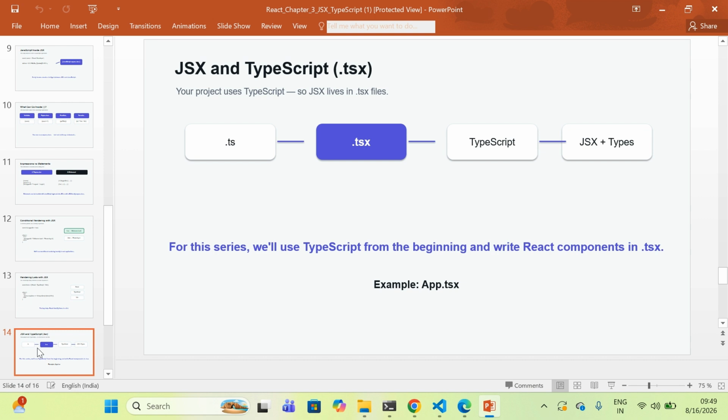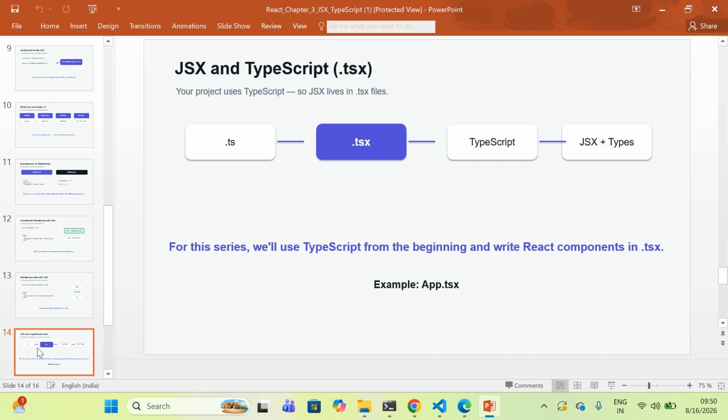We are not building a plain JavaScript React application. We are building a React application using TypeScript, and that's why our files use the .tsx extension. So think of the extension as a simple reminder: TS means TypeScript, TSX means TypeScript plus JSX.